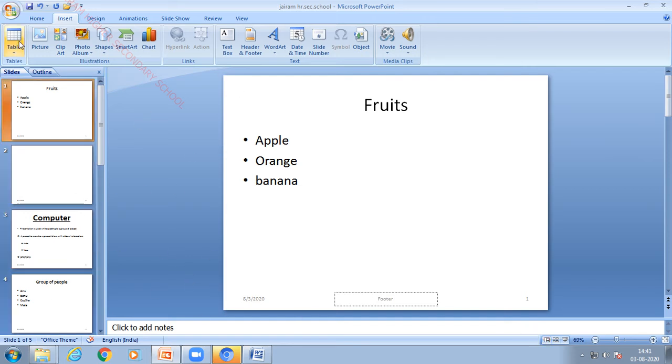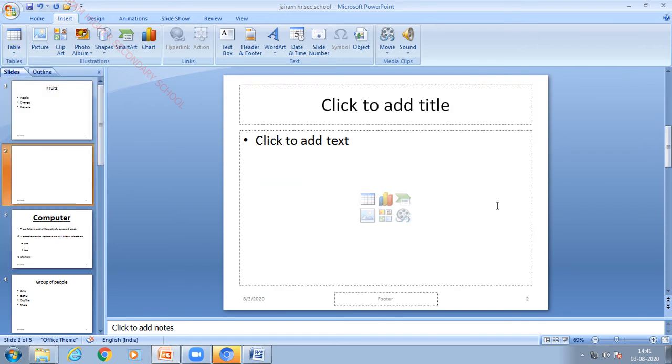Okay, let us see how to apply a table. To apply a table in MS Excel, you would go to the Insert menu, then choose Table. But here you need not go to the Insert menu; you can get it directly from this placeholder. So I am going to create a table for this slide.